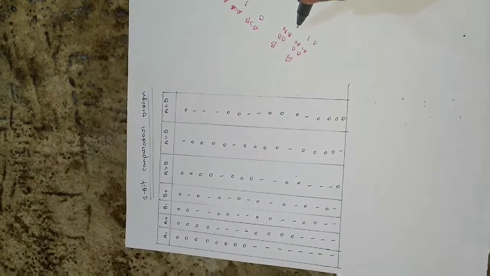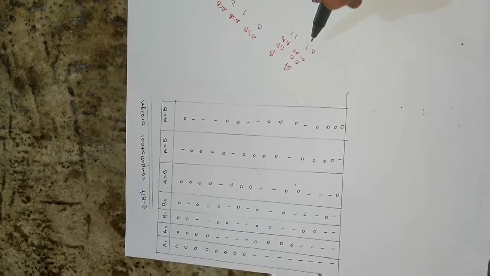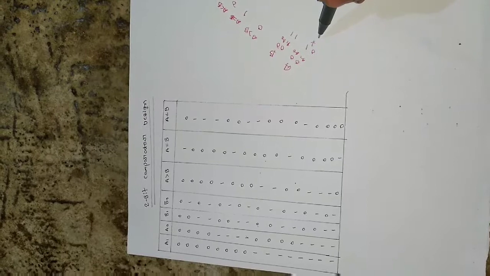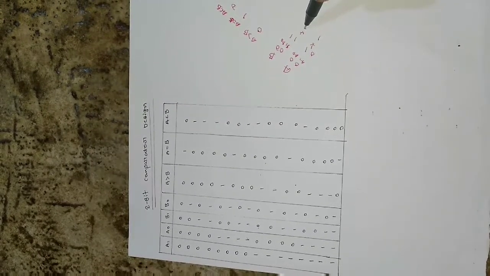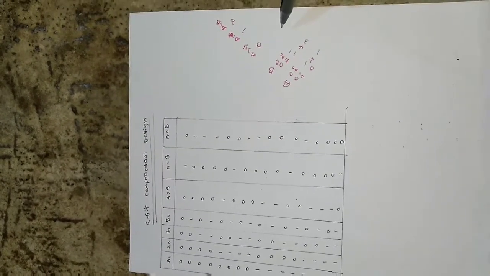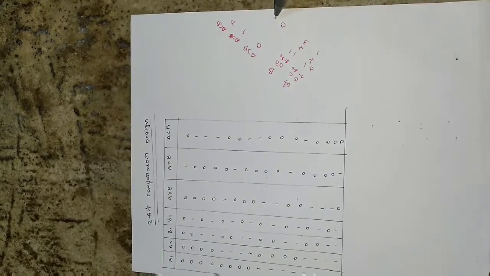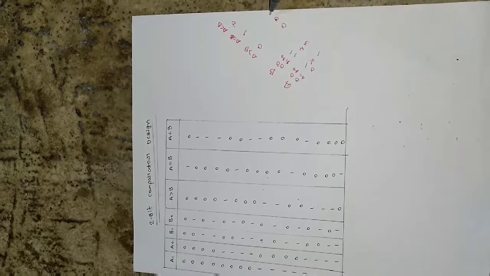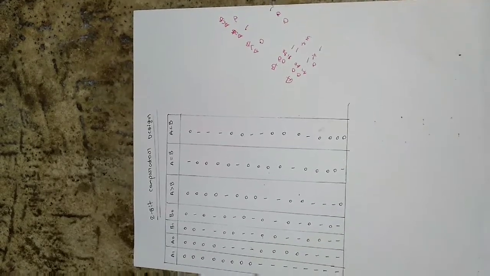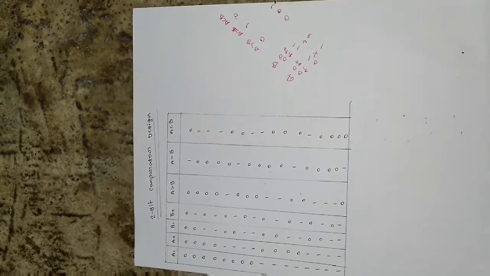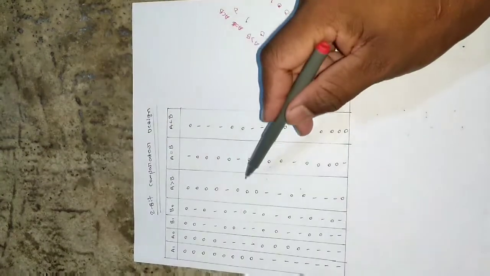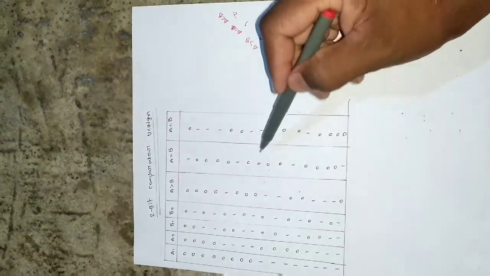Okay, so that is 0 1 and 1 1. As you can see, in decimal, when you convert, this will be 1 and this will be 3. A is greater than B, no, it is not greater. A is equal to B, no, it's not equal. A is less than B, yes, it is less than B. So we will get 0 0 1. For this condition we are getting 0 0 1.